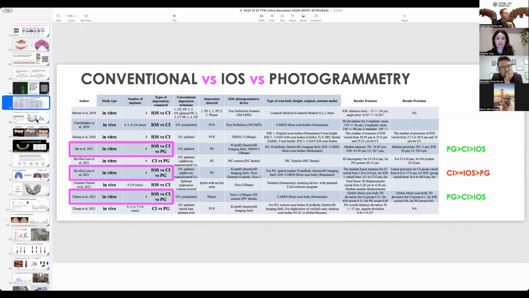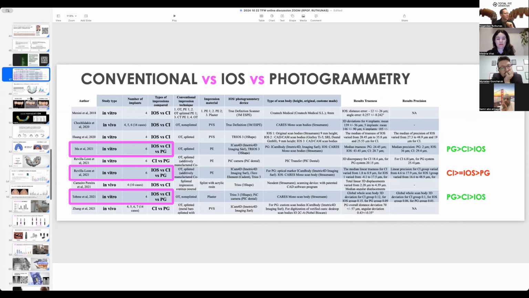But we have the challenge to integrate intraoral scanner data successfully into the whole digital workflow, because it's great that you have a perfect intraoral scanner registration of the scan bodies, but then down the road you are losing this accuracy with so many lab and clinical steps.